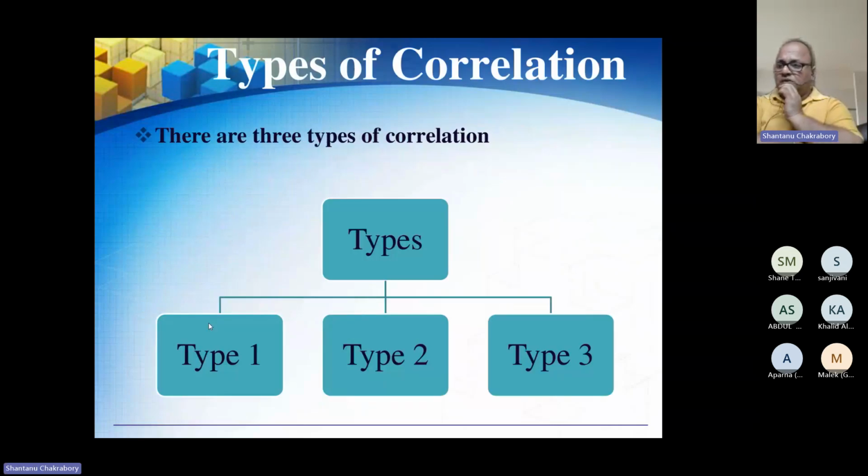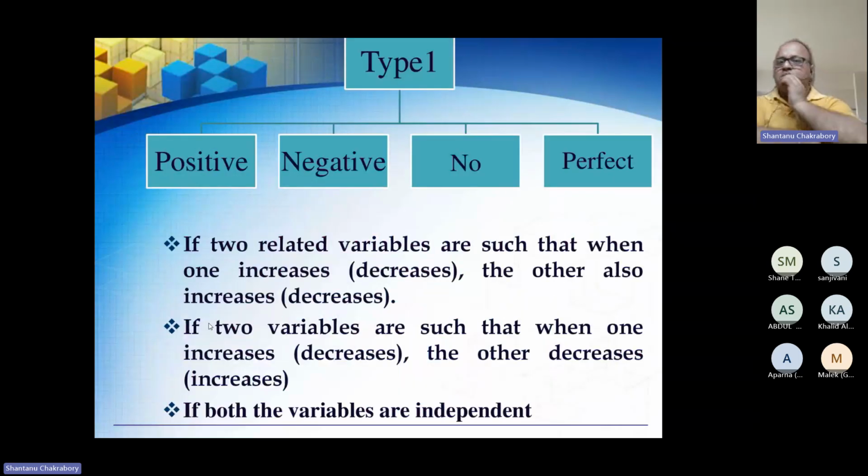So there are three types of correlation: type 1, type 2, and type 3. We'll look into what type 1 is, what type 2 is, and what type 3 is, right? So type 1 is basically your correlation, as I've already discussed. It can be a positive correlation, a negative correlation, no correlation or association between the two variables x and y, or it can be a perfect correlation. If your two related variables are such that when one increases, the other also increases, or when one decreases, the other also